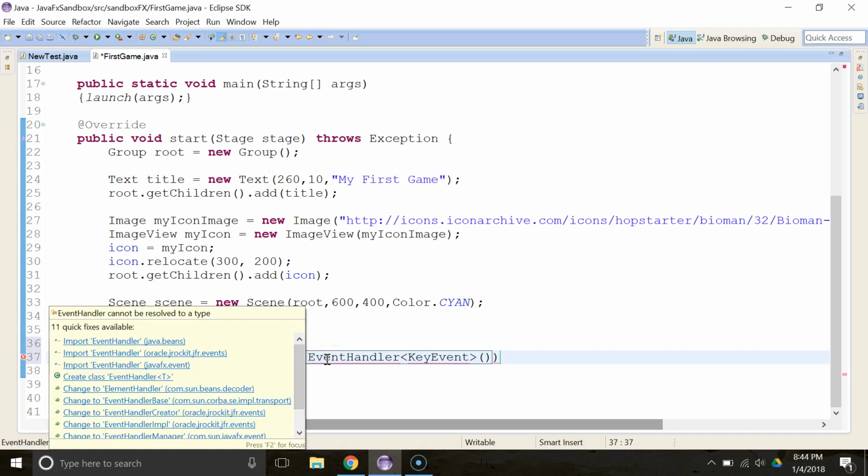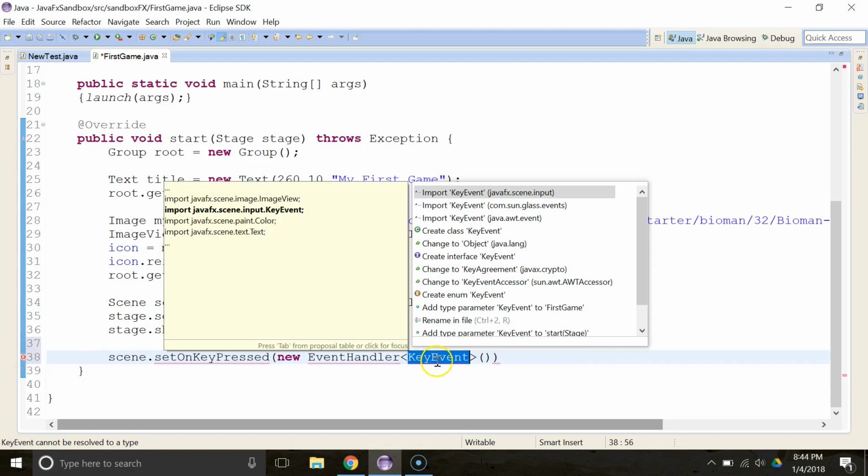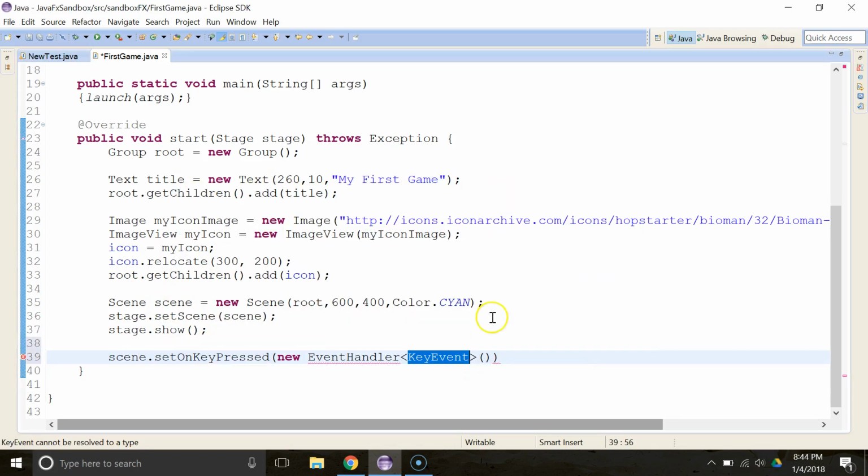And when I get this, notice the first one that comes up is java.beans. Make sure you don't click that. We're going down to the third one, JavaFX event. Then when we come up there, it should tell me I have unimplemented the event from Java scene input. I need to then